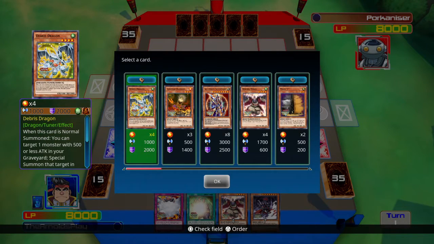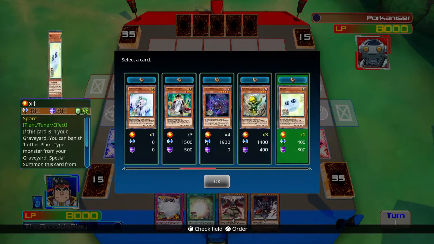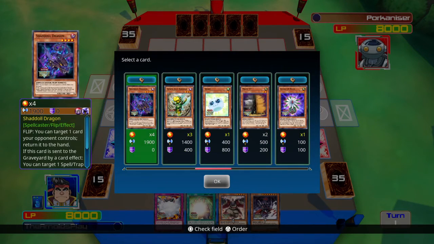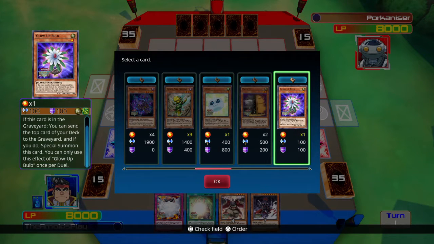A synchro style deck focuses mostly on special summoning synchro monsters, and this is the type of deck which I kind of missed out on when I quit Yu-Gi-Oh! a couple of years ago. Synchro decks were quite popular at the time, XYZs were just coming into play, but I never really played them myself. I always used, well,